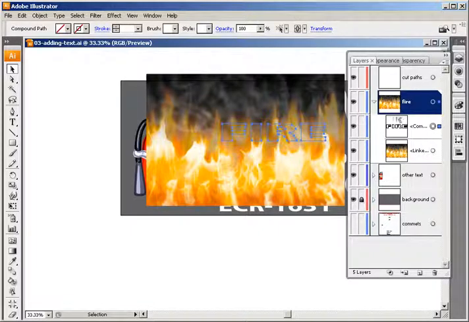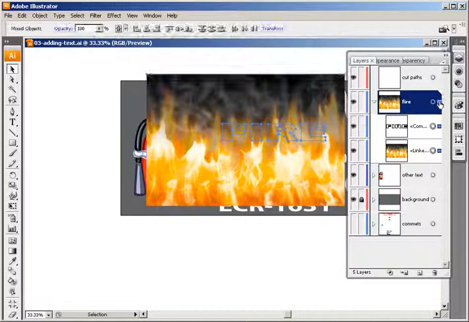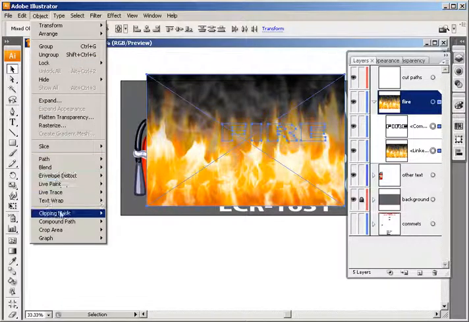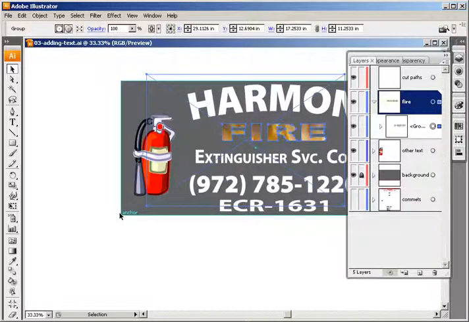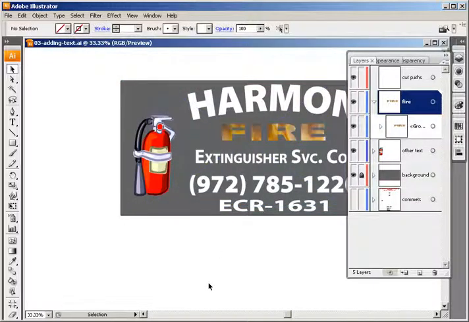So to do that, select everything on this layer, which includes this compound path we just made and this bitmap image of the fire. Select everything on the layer, just click right here. Easy, easy way to do it. And now, go to the Object menu, Clipping Mask, Make, and voila. There you have it. Beautiful fiery background